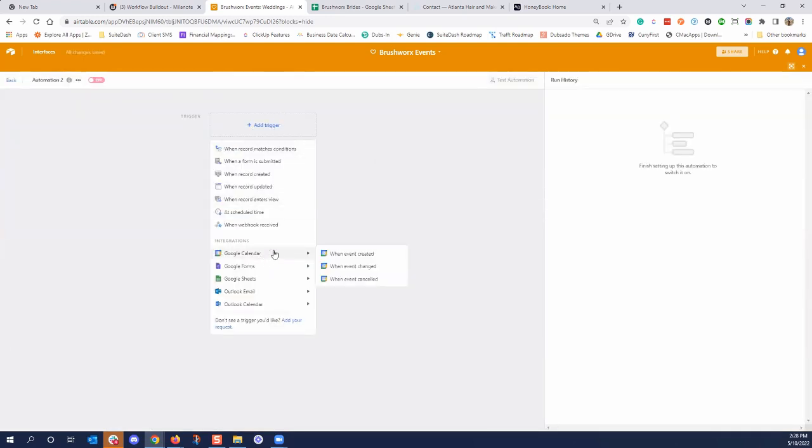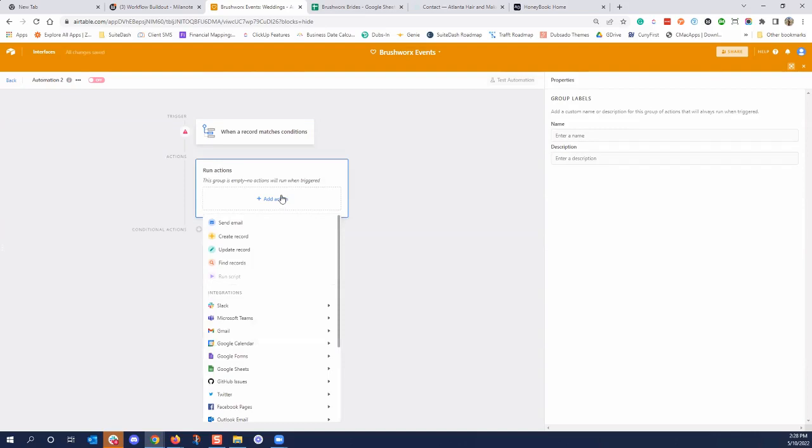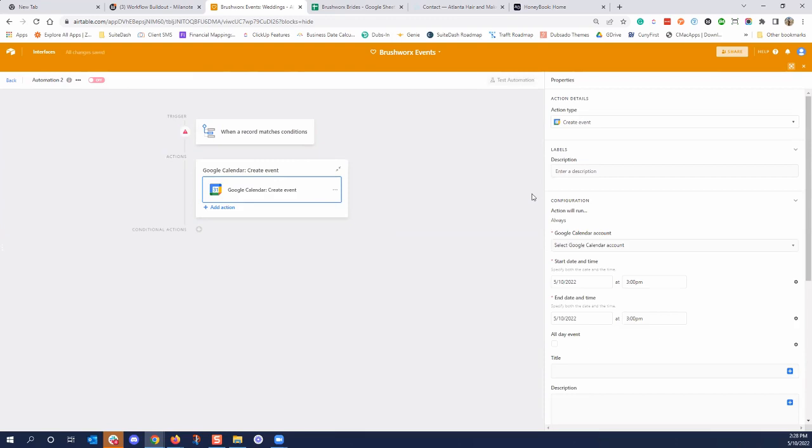So what I can do is when this is updated, and I like the check the box first. I like that because maybe at that time you want to change this person, or instead of changing this person, you want to add this person. So what will happen then is I'll create an event and it'll add all those lovely people to that one event. And you also add the bride as well, right, to that calendar? No, we do not. It's just for the team. Yeah, just the team. Okay, perfect.